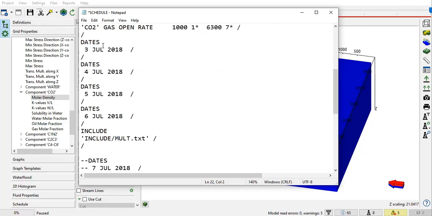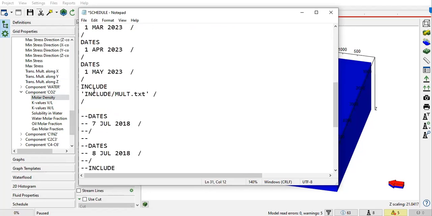Okay, so 1 February 2023, and then 1 March 2023, and then 1 April 2023. After that, 1 May 2023. And here in the template case, we have